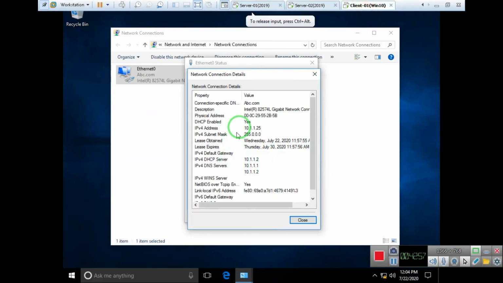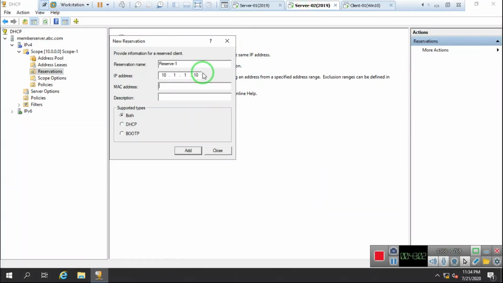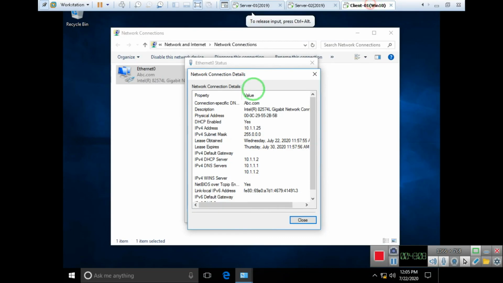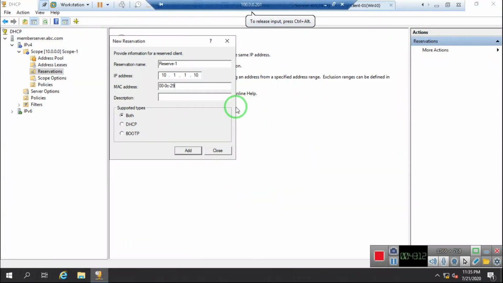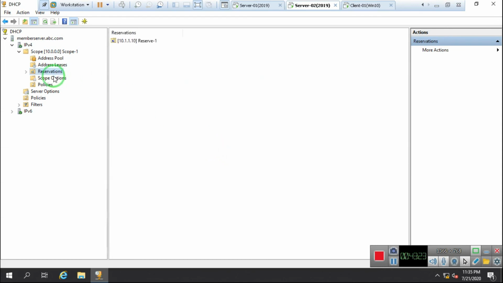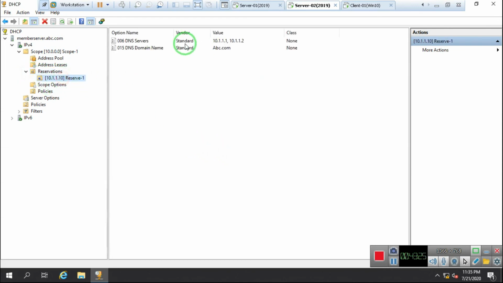My client's MAC address is 000C29552B5B. I write it over there, and we use the DHCP server. Click on add and click on close. As you can see, the reservation is created now.